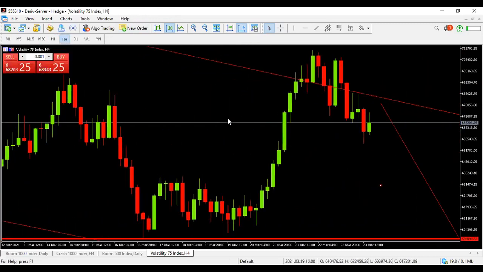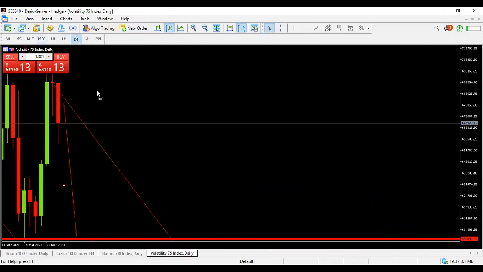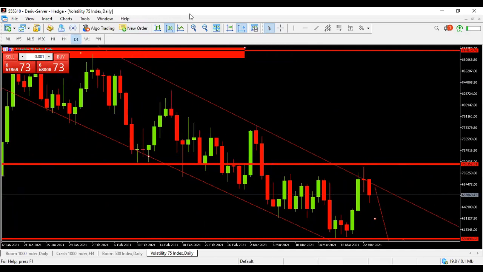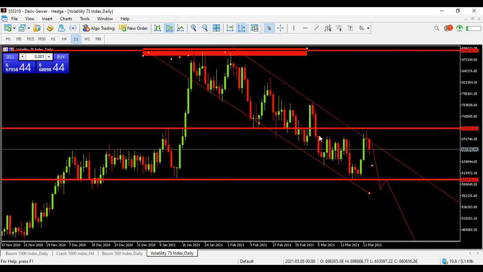You want to use a bigger time frame, like 1 hour, 4 hours, or daily. If you are trading with daily, it reduces noise. You don't have so much noise. You have less trouble. When you are trading with the daily time frame like this, you may not have trading opportunities every day. Do you understand? You may not have trading opportunities every day,